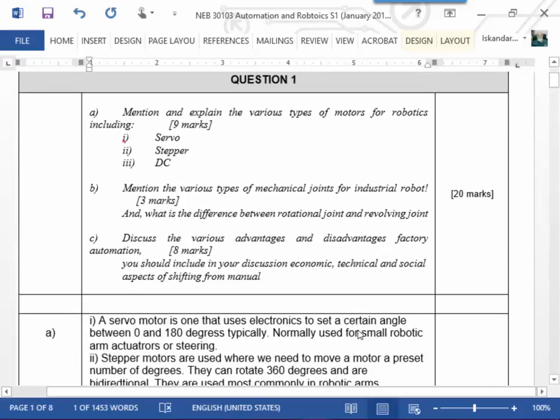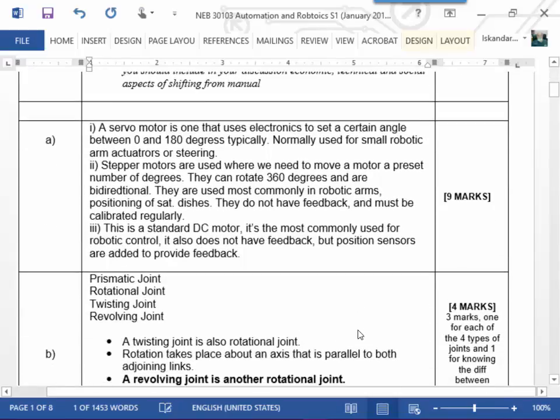This may not be all of them, but the servo is one that uses electronics to set a certain angle, typically between 0 and 180 degrees, normally used for small applications. So separate motors are used, and again, I'm going to post this file, so don't try to write, follow that there. Separate motors, and then of course